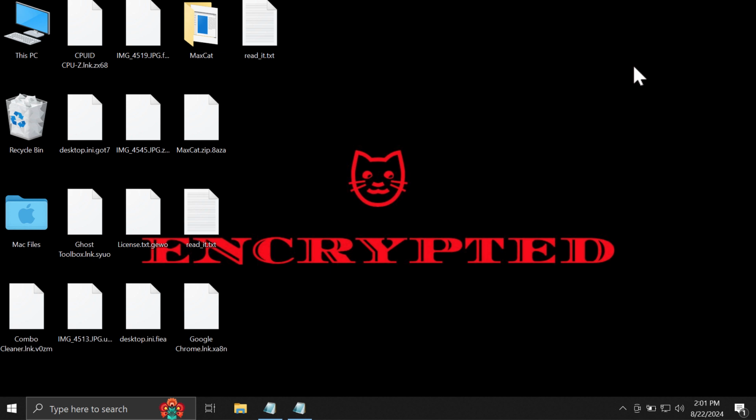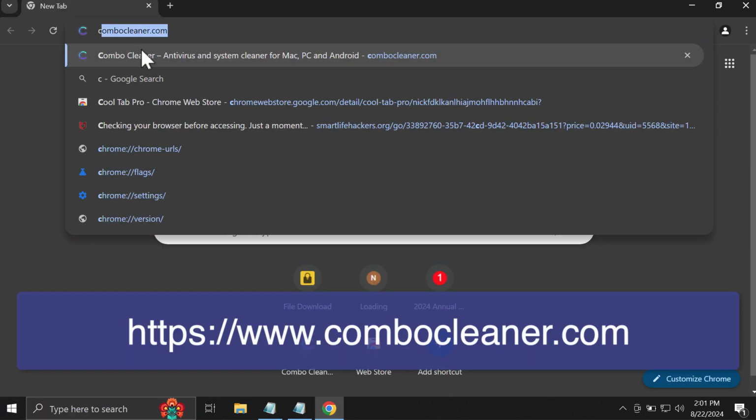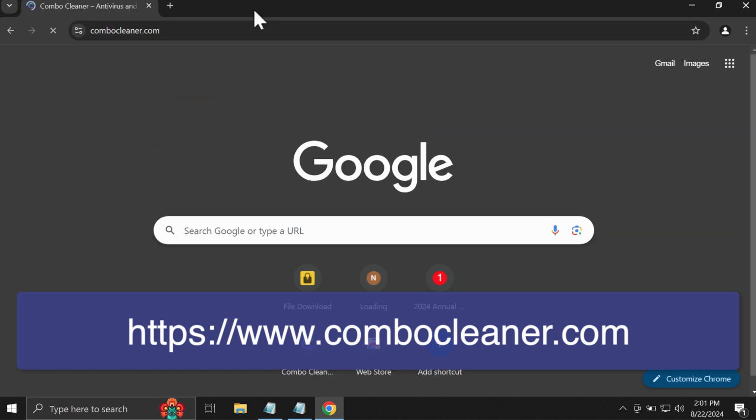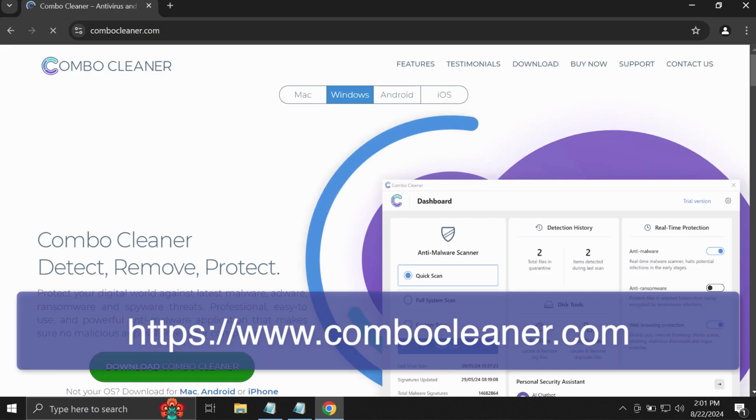Nevertheless, paying the ransom is not a good idea. Don't waste your money and don't pay the ransom. I recommend you to remove this ransomware with the help of reliable antivirus such as Combo Cleaner by going to